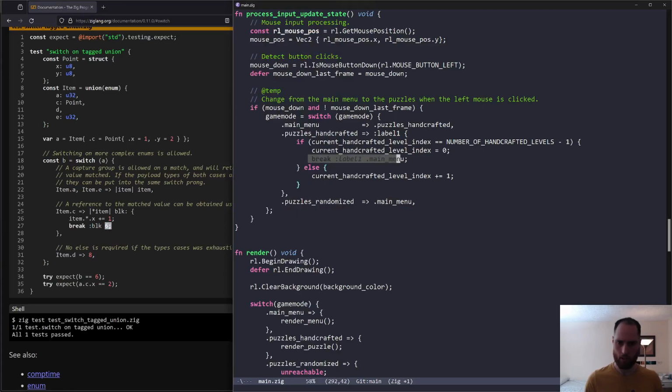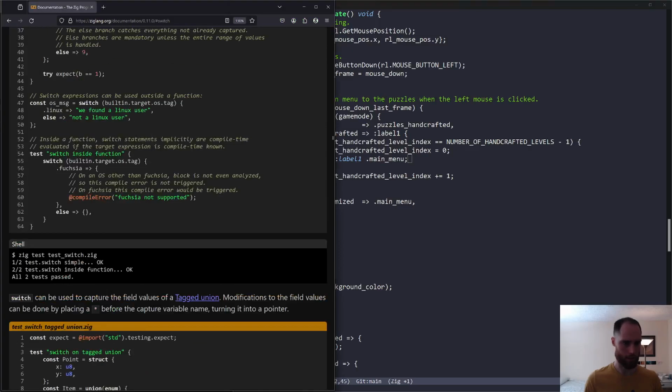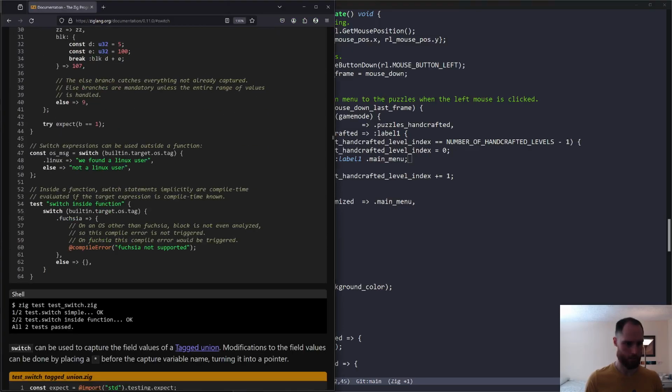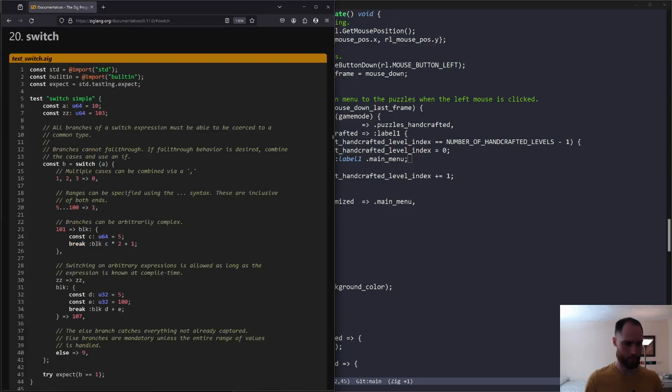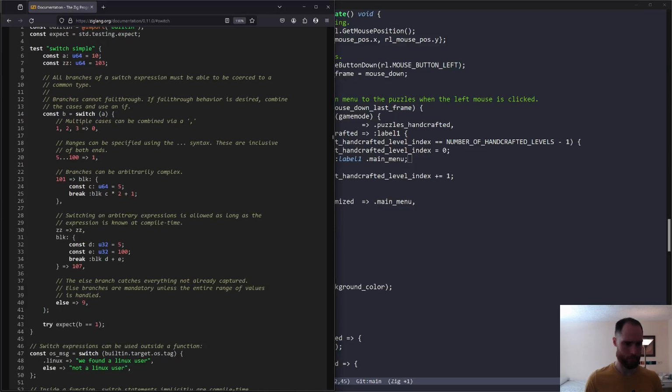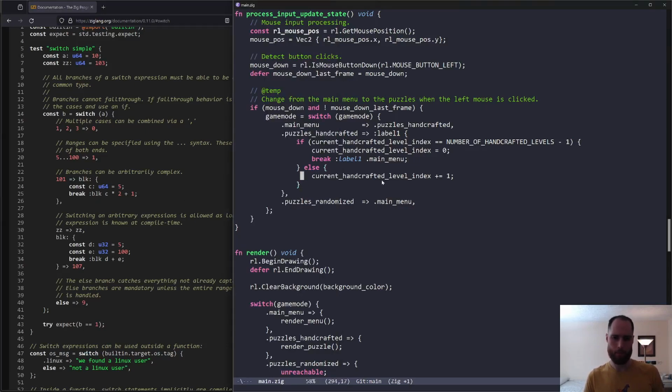So I'm saying, yeah, that's what I thought I'm doing. Branches can be arbitrarily complex. Yeah, block. Okay, so maybe instead of label 1, I literally do call this a block. Then perhaps here I say,